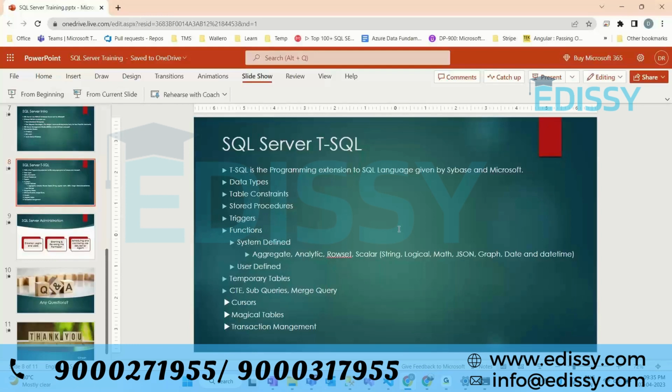Going back to the SQL Server here, what does Transact SQL include? The database types will vary from relational database to relational database, whether we compare SQL Server to Oracle or SQL Server to MySQL. The table constraints might vary, stored procedures might vary, triggers might vary, functions might vary, temporary tables might vary. So T-SQL, the Transact SQL developed by Microsoft and Sybase, will include all those things like data